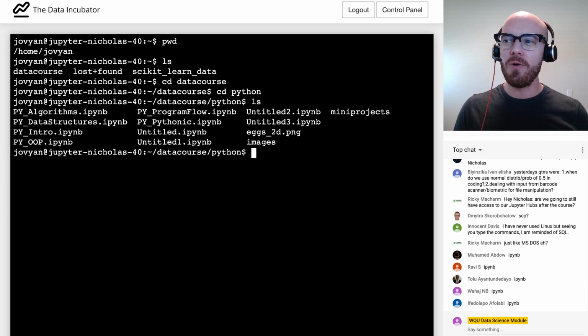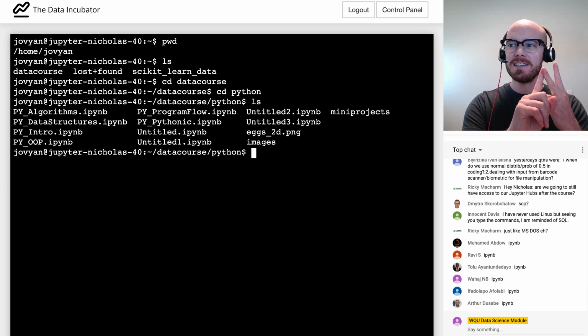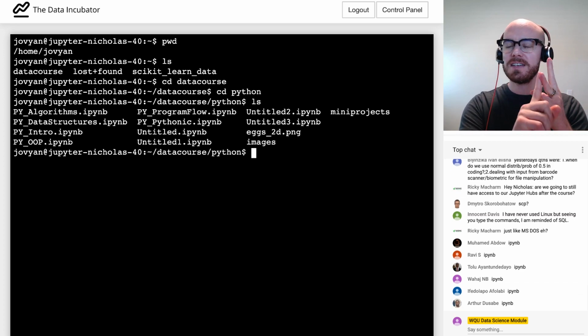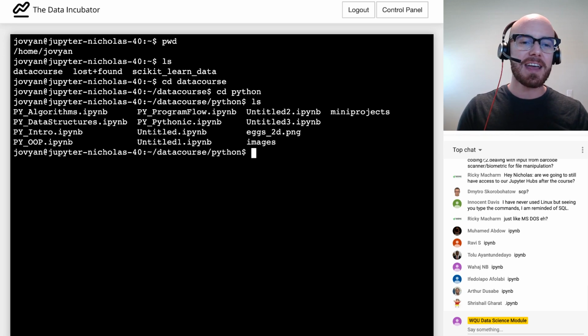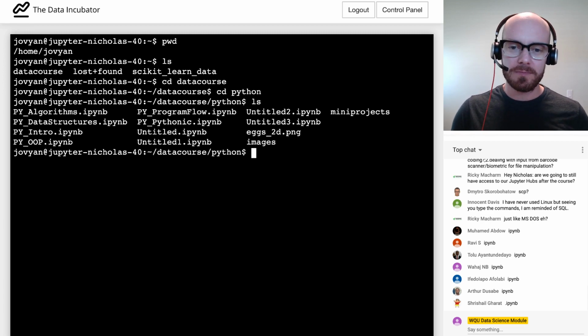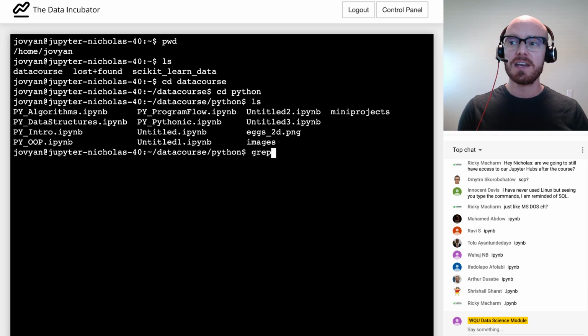So so far we have four commands: present working directory, list, and cd change directory. I'm going to add a new command here, and that command is called grep. And grep is a way to search through text in order to find certain patterns.